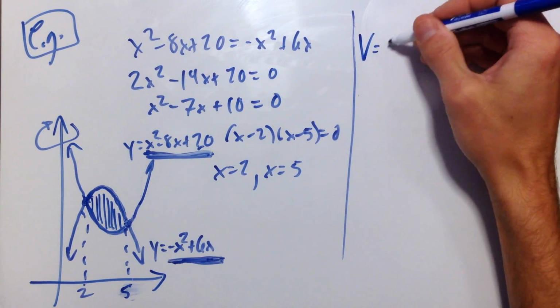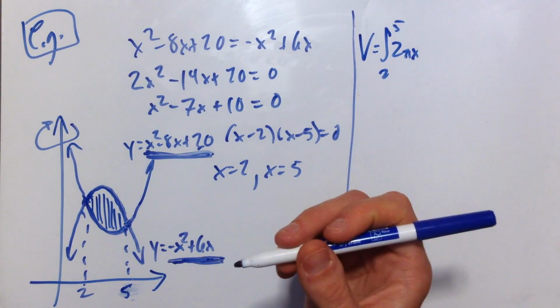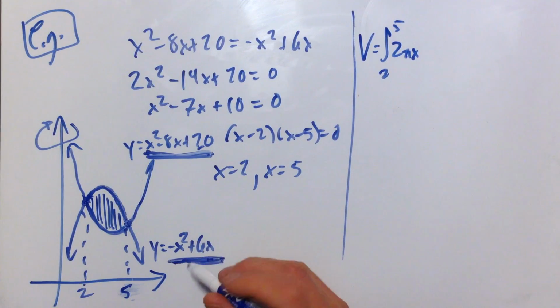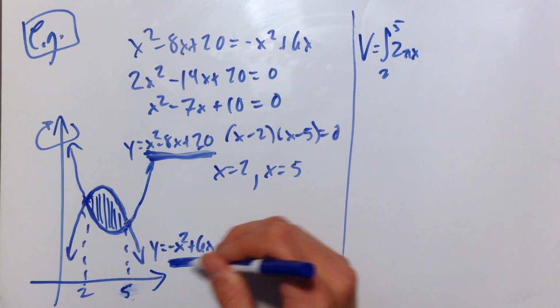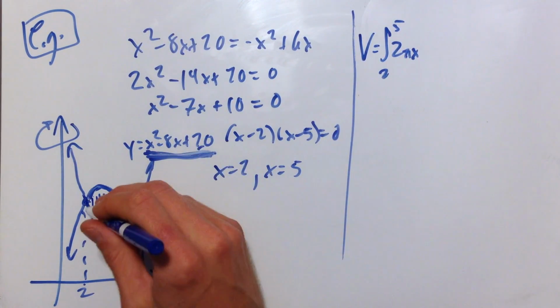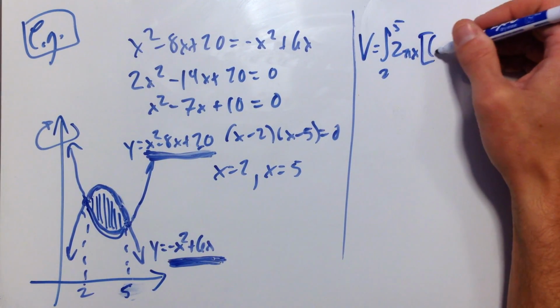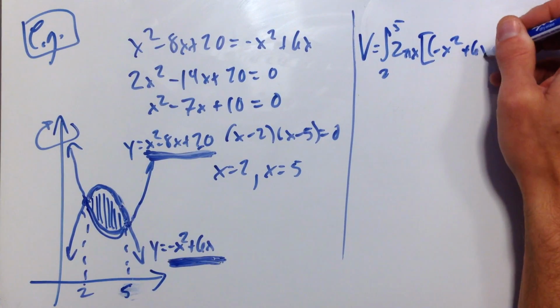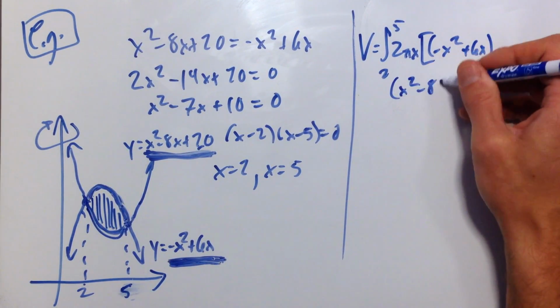Okay, so the volume is going to be the integral from 2 to 5 of 2 pi x times the difference between the two functions. It's going to be the top function minus the bottom function. Why is this the top function? Look, its graph is on top on the region that we care about. This guy is on the bottom on the region we care about. So it's going to be that times negative x squared plus 6x minus, I'm running out of room, so minus x squared minus 8x plus 20